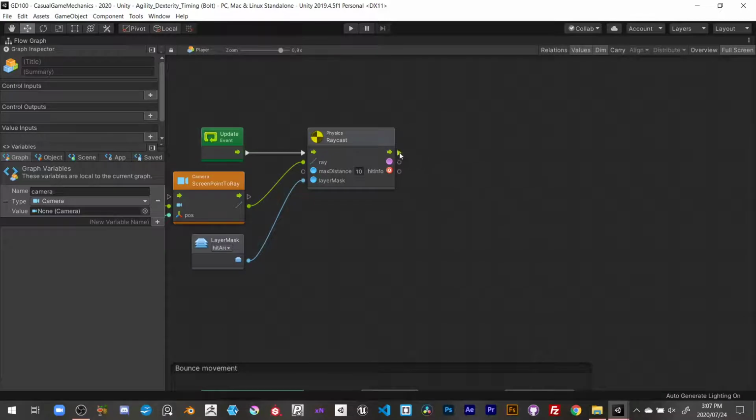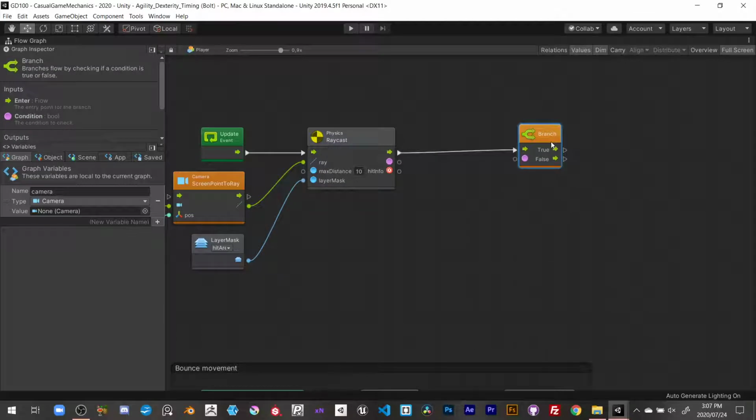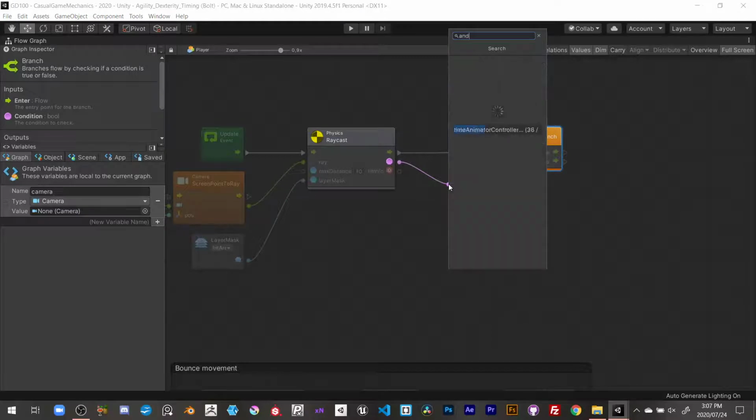Okay, now we just need to do a branch. So I'm going to drag off here and say if. That's what a branch is, it's an if statement. And all I want to do is only when my button is down do I want to actually do something with this raycast calculation. So we're going to go if the raycast comes back as true,